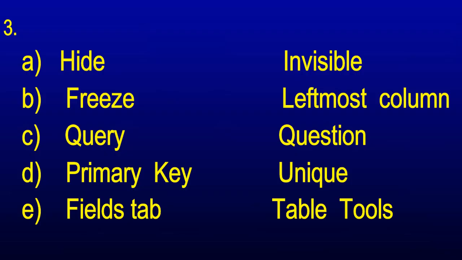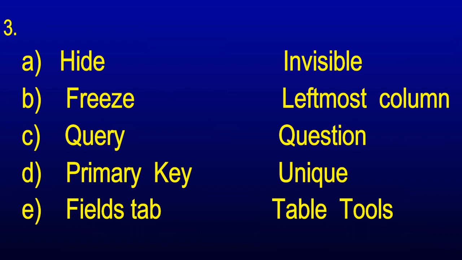Now coming to the next question, match the following. Remember, I have written the straight match. You also follow this one. Don't write the number and don't draw the line. You'll write the straight match. First one is A, number has given height. It will be invisible. Okay. Second, field. It will be leftmost column. Okay. Now C, query. It will be question. Okay. Primary key, that is